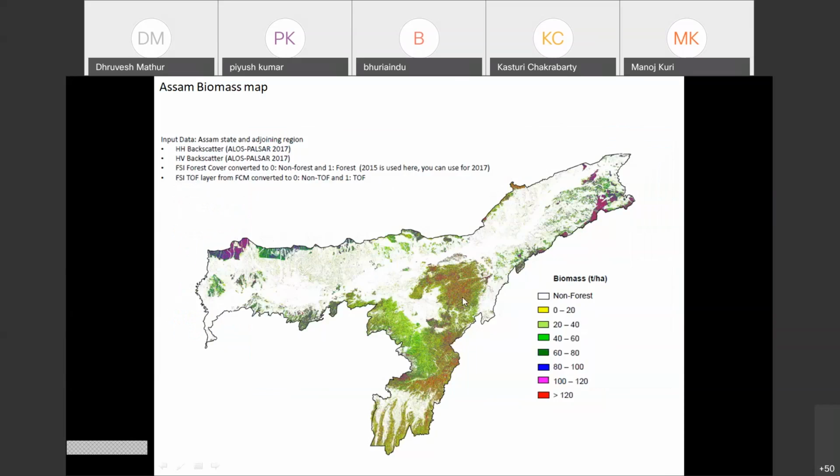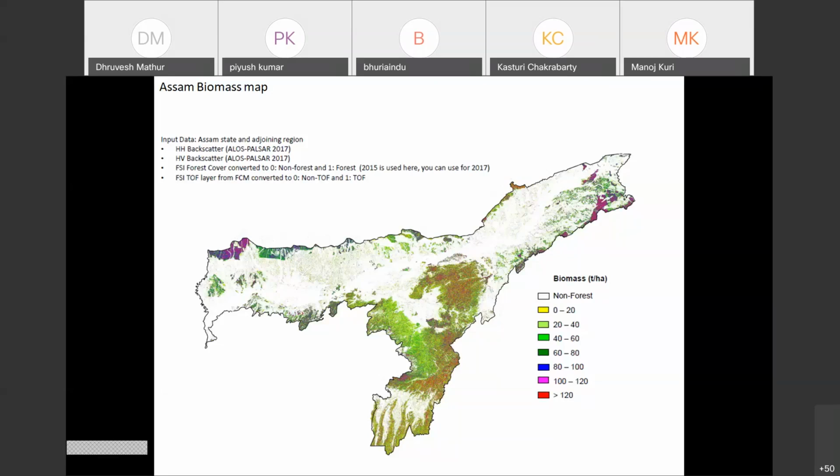This is actually a level 1 biomass map. Here, further improvement will be carried out using this data. The ground inventory points used here are the Forest Survey of India inventory points, but they need improvement, like additional sampling on the ground, and also with the type of the